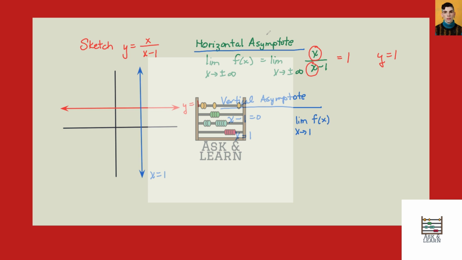You can see the bottom will go to 0, but the question is, are we approaching and will we get positive or minus infinity? So let's go figure this out. Okay, so let's say I approach 1 from the left. So let's plug in, just do this on the side. Let's imagine that we're plugging in negative 1.1. If I go negative 1.1 over negative 1.1 minus 1, then I get negative 1.1 over,